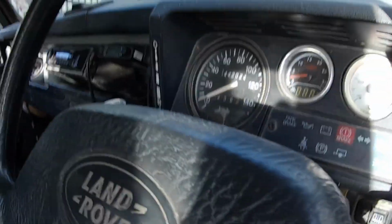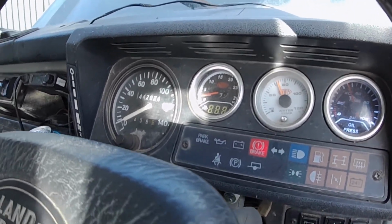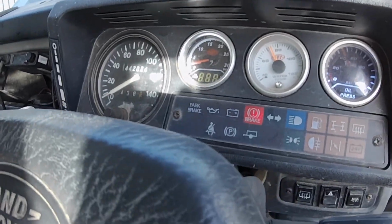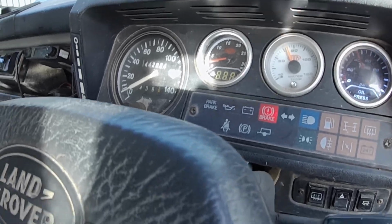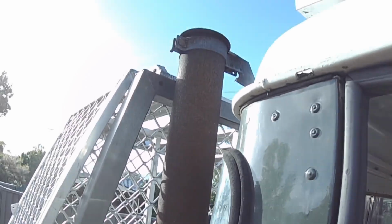So guys, she's nearly there. I'm going to call that good for now because I can't be bothered waiting any longer. I've been waiting for about half hour and it's at 74 degrees, so I'll turn it off and let her cool down and check it in the morning. But before we go,